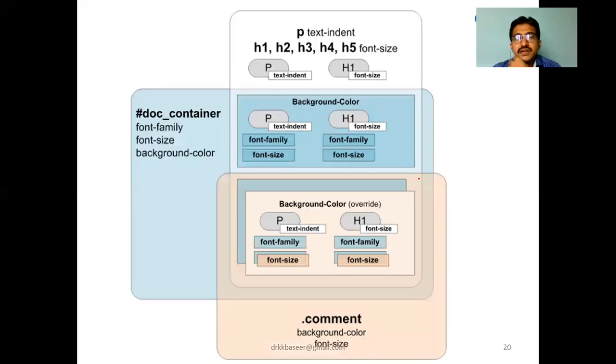Now like this, we have different hierarchies of elements which can inherit from one another. Inheritance is nothing but the properties, whatever we are discussing just now for inline, being inherited. Like see, the paragraph, H1, H2, H3, all are going to inherit. We can also apply properties for background, for text, for normal fonts, maybe font family, font size, background color, any. These different properties are available for each category: text category, font category, background category. Like this, for different categories, different properties are there, and for each property, different values are there.